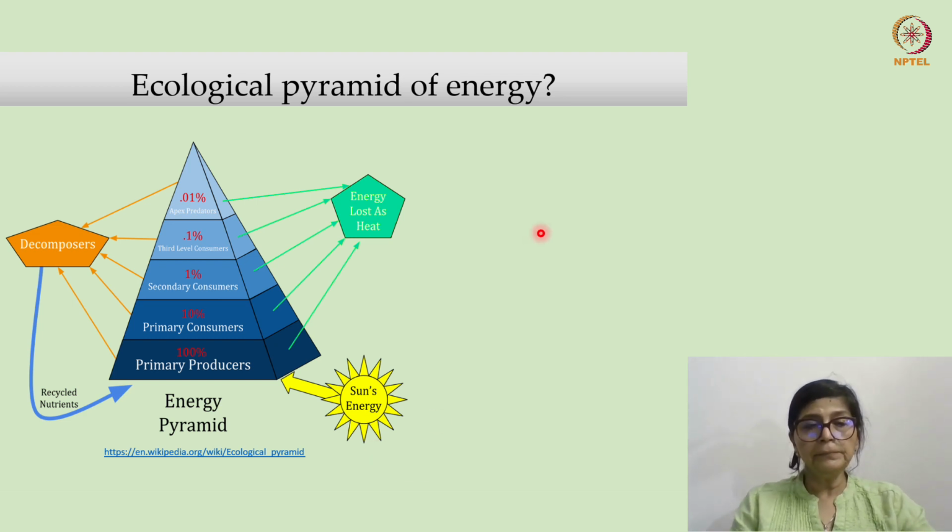Another next level now. Only 10% of the primary consumers' energy is getting to the secondary consumers. Okay, so this is how the energy is actually reducing. Why? Because